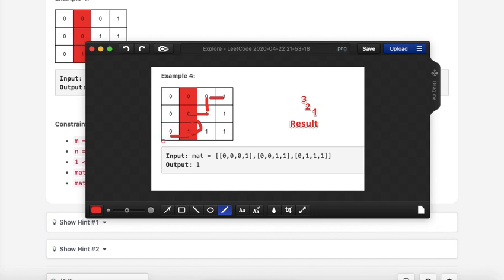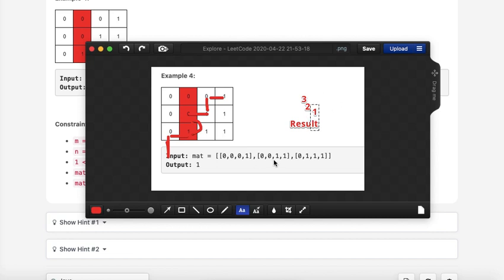Now if it is 0, for the left there are no ones again, because it's given that it's in non-decreasing order. So I have to go down, but I can't go down because I exceeded the limits of the matrix. So I return. The most recent value of the result will be the final result.